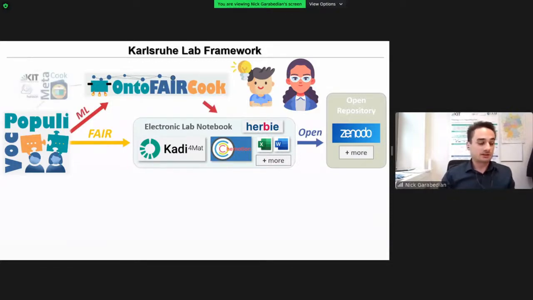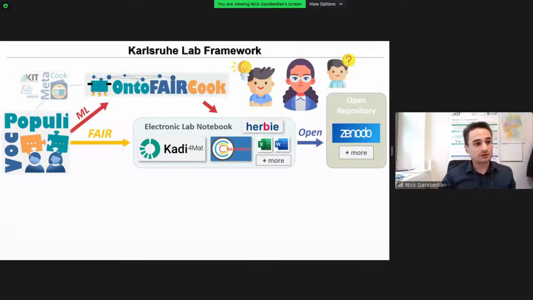I need to say that these two are currently part of a project called MetaCook, which is funded by the Helmholtz Metadata Collaboration. And we have collaborators from 3 more labs sitting in another institute in the north of Germany called Hirion. So we are testing our solutions as we're developing them.